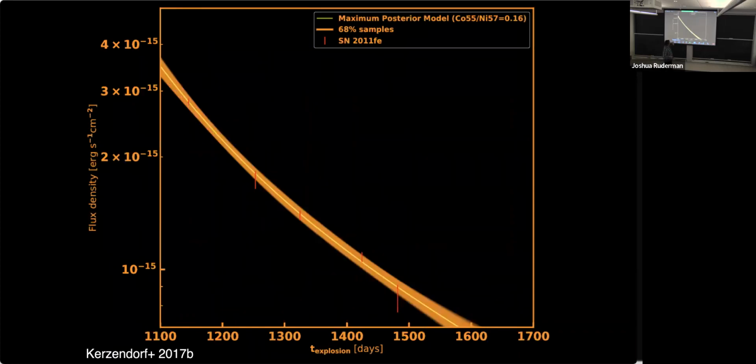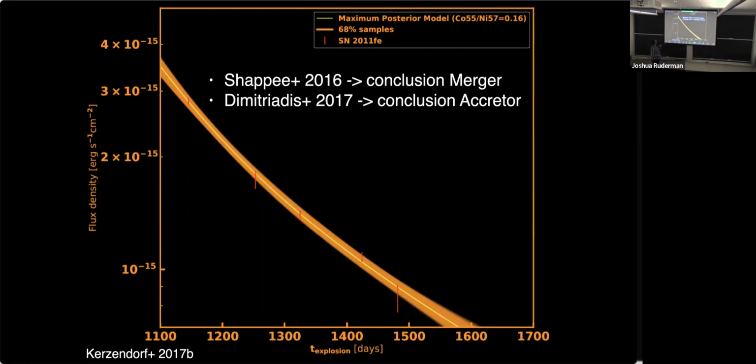And so essentially, we got these beautiful HST data points. And so Chappie et al. said the conclusion is merger, and Dimitriadis et al. said the conclusion is accretor. And so clearly, they must disagree on something. What they disagreed on is the physics at these late stages, which is essentially physics in perfect vacuum. We are orders of magnitude beyond the vacuum that you can produce on Earth. So effects like freeze-out and several other things start to matter. And so depending on how you model this, you get different outcomes.